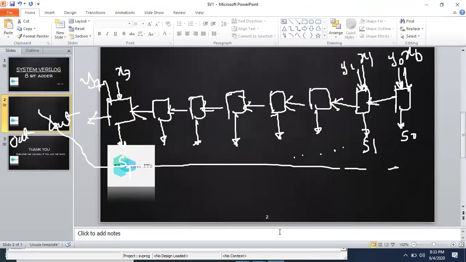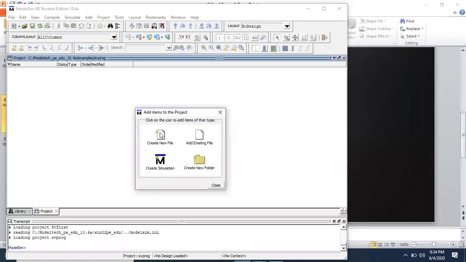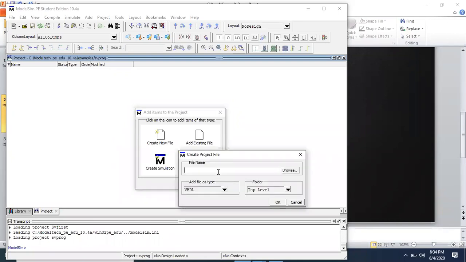Let me clear the screen first. Okay, now we'll create the new file. So click on the create new file option. Now here I will give the name to the file as first circuit, first CKT.